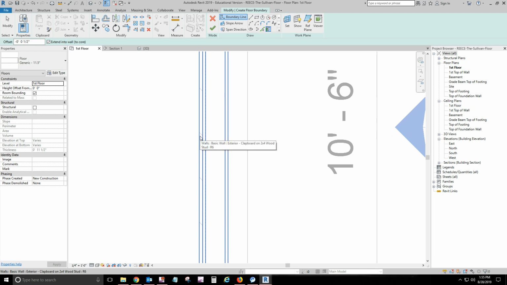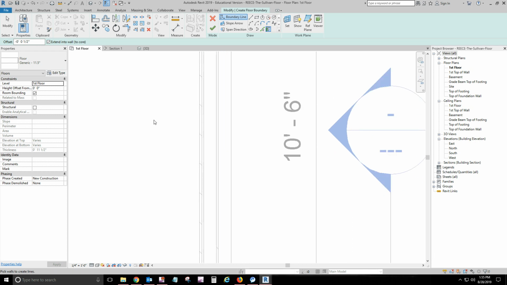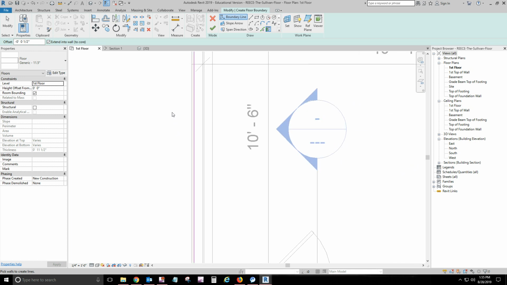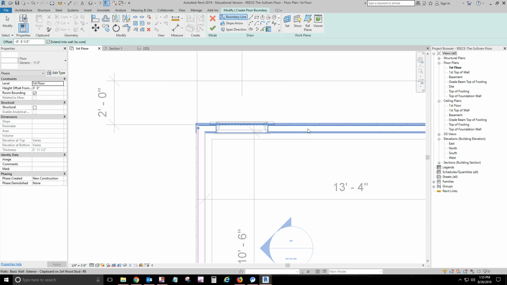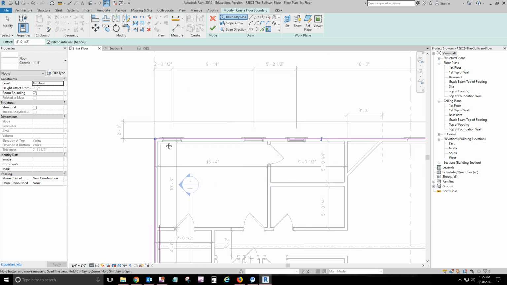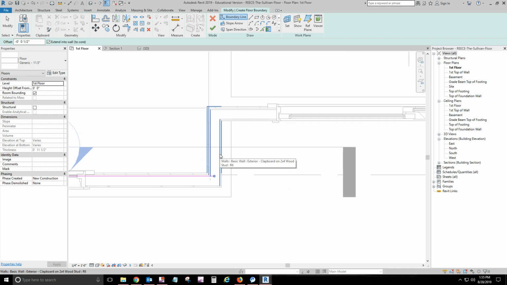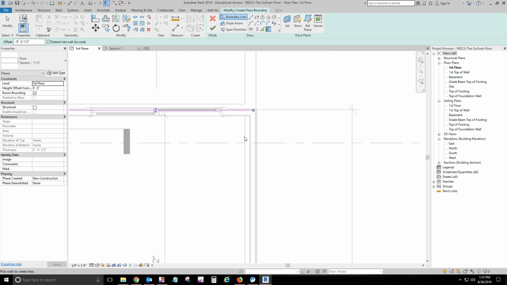And so when we pick a wall, we want our line, our sketch line, to be on the inside of the wall sheathing. So if I pick that wall, you can see there it put the pink line at the interior side of the wall sheathing. Okay, and so we're going to do that as we go around, and there'll be a couple of places where we have to kind of modify that a little bit. But for the most part,